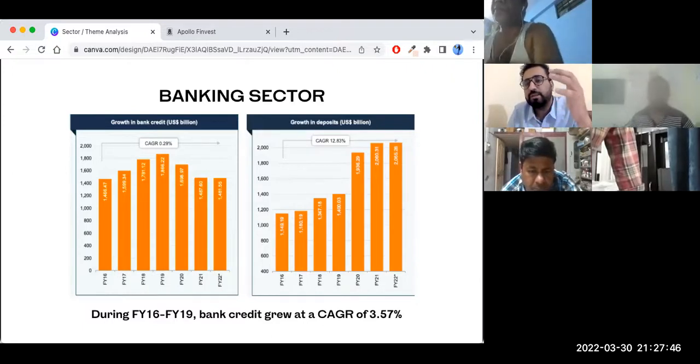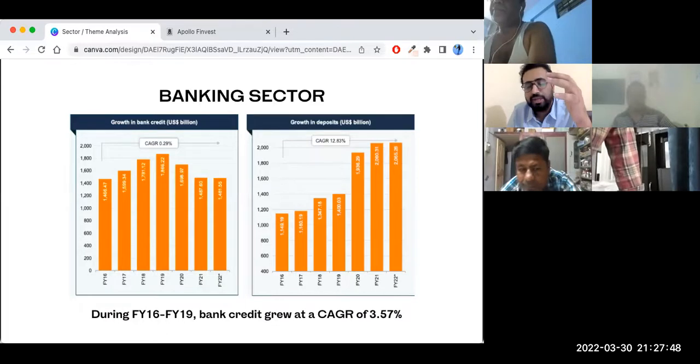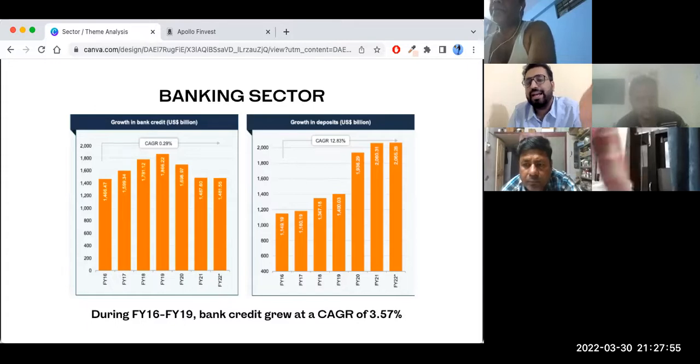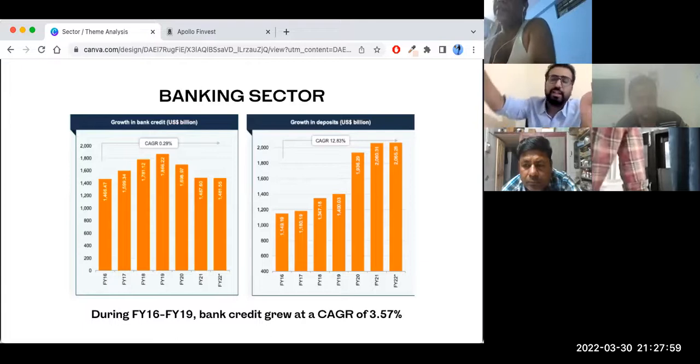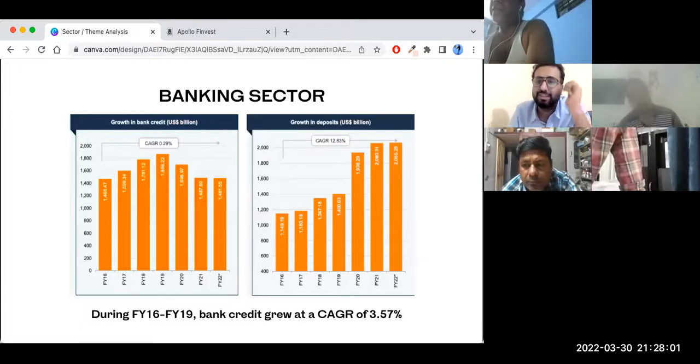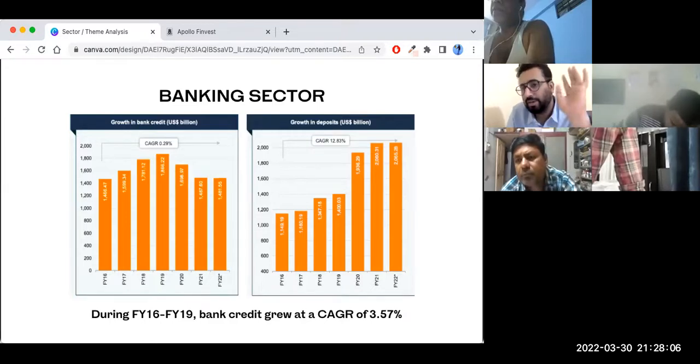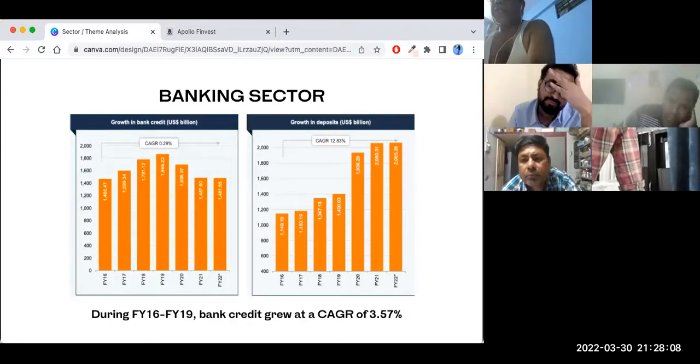So what does alpha tell you? Alpha tells you how the stock or the sector beat the index. And beta tells you the volatility. Both of these are relevant in the trading context, not very relevant in the investing context. I would not like to confuse all of you. Forget about alpha beta. We're not looking at alpha beta.